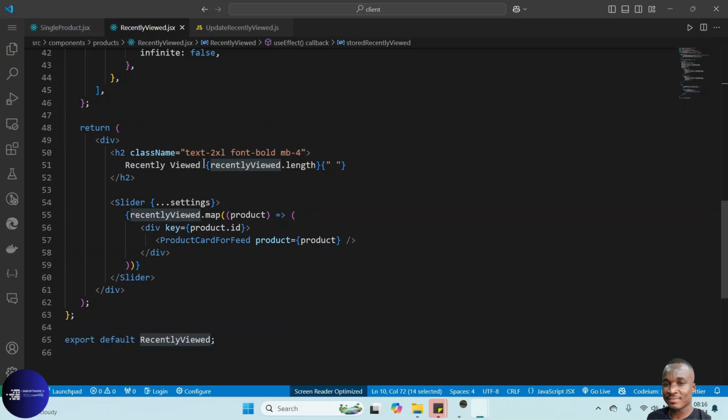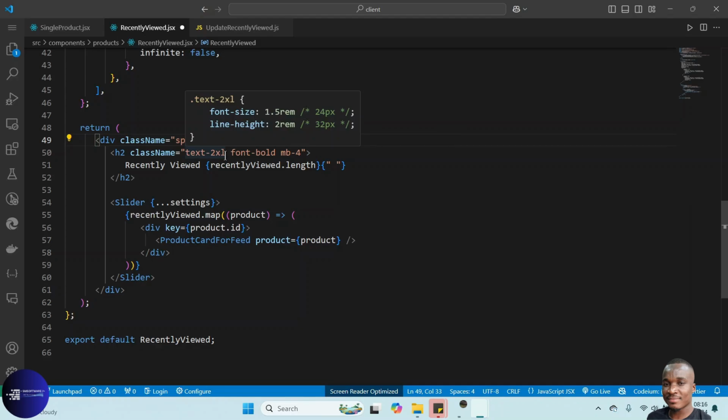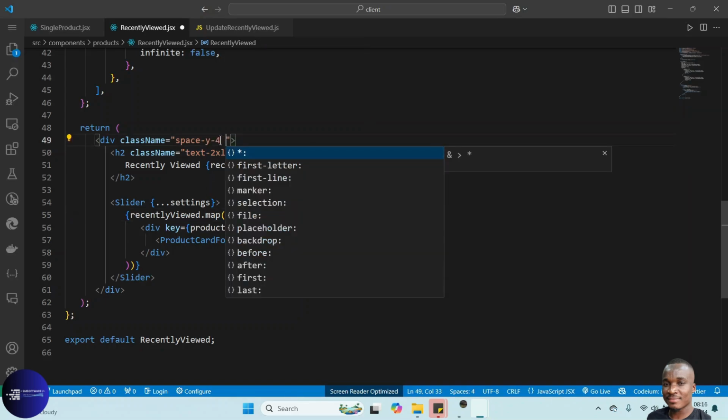You can style the component a little bit. We are using Tailwind CSS. So space-y: we set the space between the elements, the margin and padding top and bottom, between the elements. We set that to 4 pixels, and then we also set